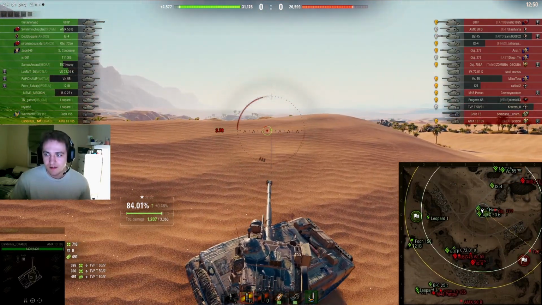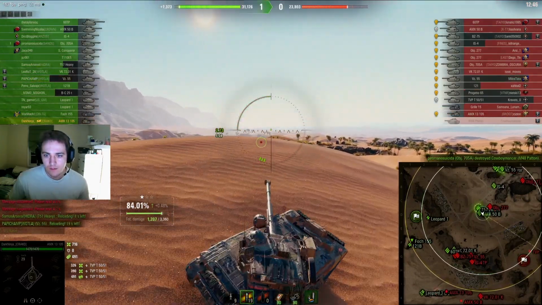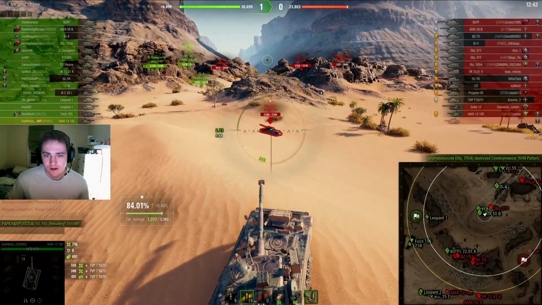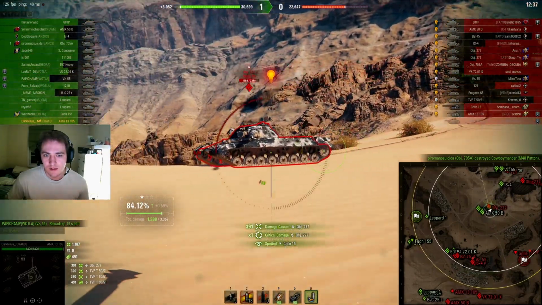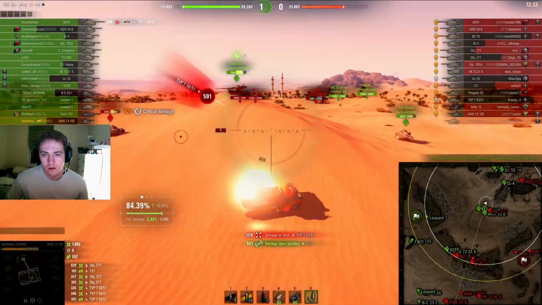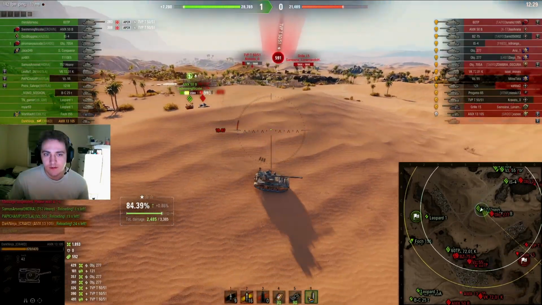Looking at what's unspotted, it's just a VK and a grill. I'm gonna peek here, see if I can spot something. This guy just fired. I think I'm gonna dump him real quick and then just escape. Oh, the TVP got me twice. That was pretty risky,